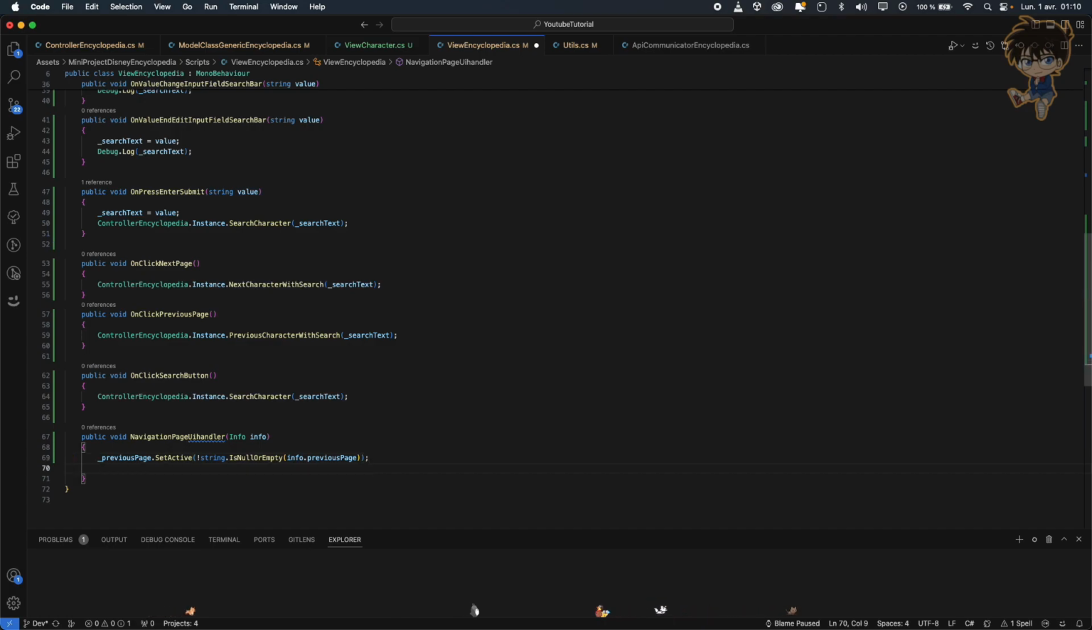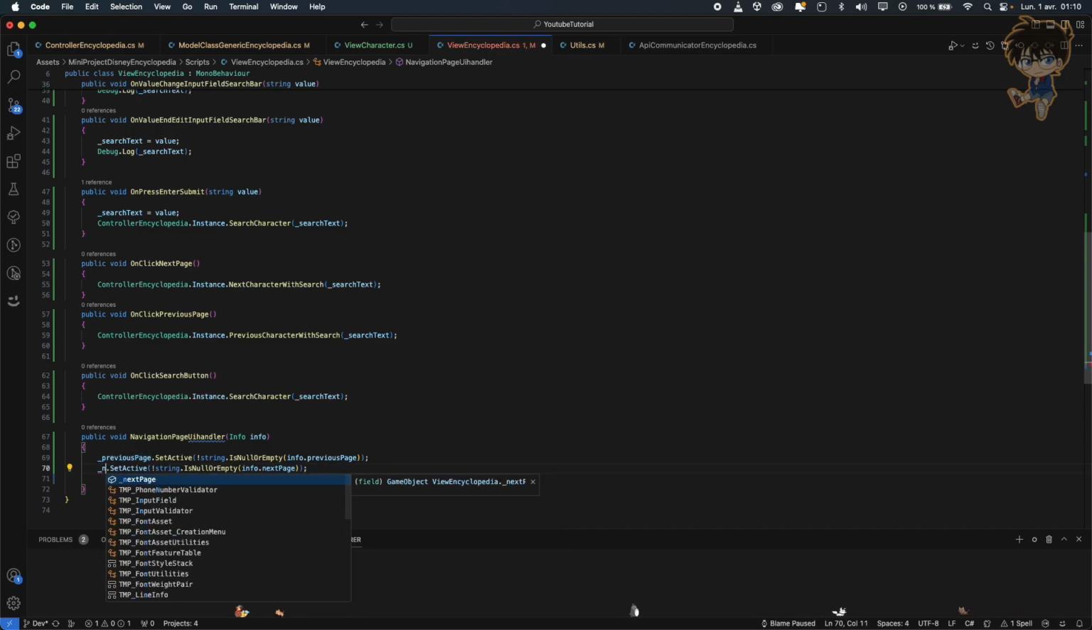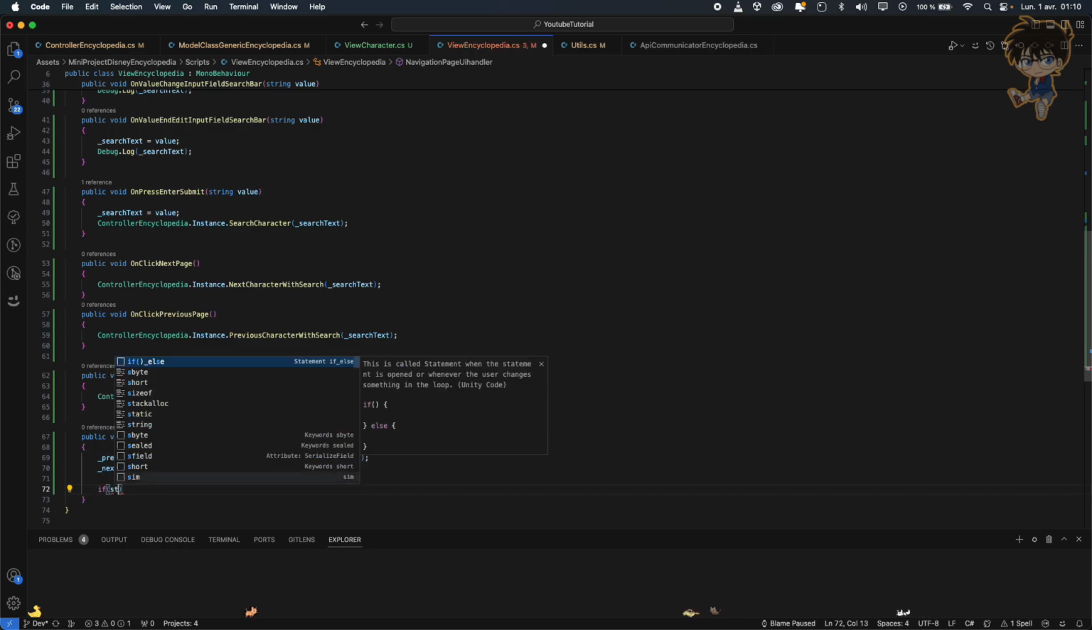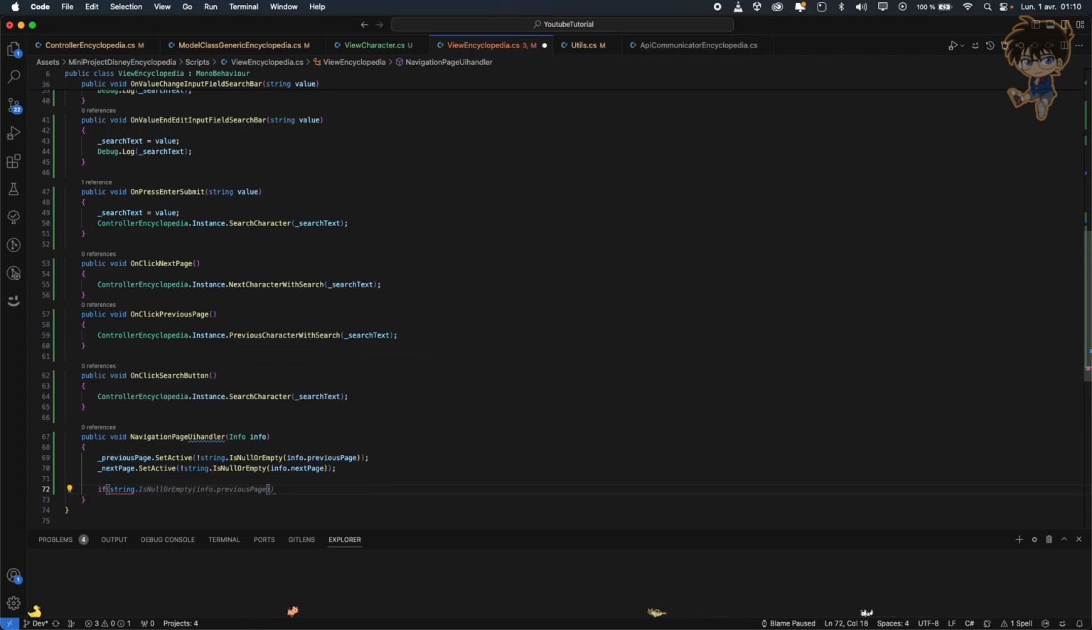Also, we will do the same for the next page. So let me just copy paste this quickly, like that, string null empty of next page. Okay, and let's put next page, like that. And what we want to do, we need to handle some different case. So if string dot is null or empty of info page, or info not previous but next page,